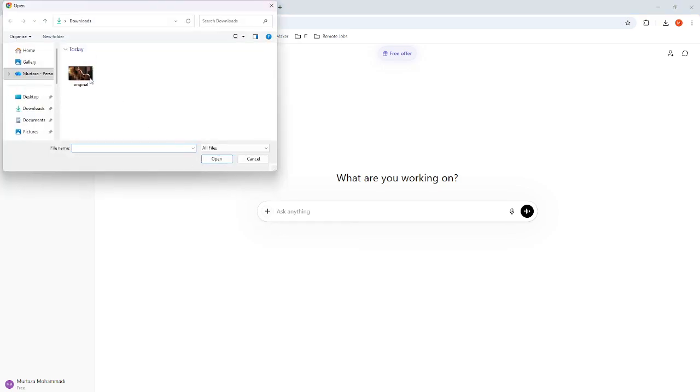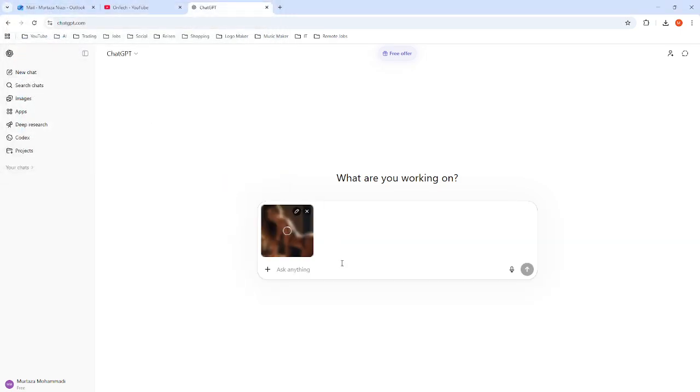Okay. So I have an original image. As you can see, the width is 1280 and the height is 720. So how to change the width and height? So let's select the image, upload it here, okay, and